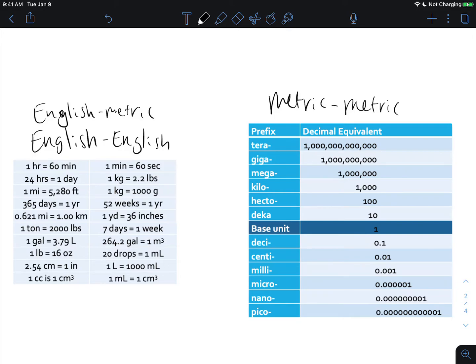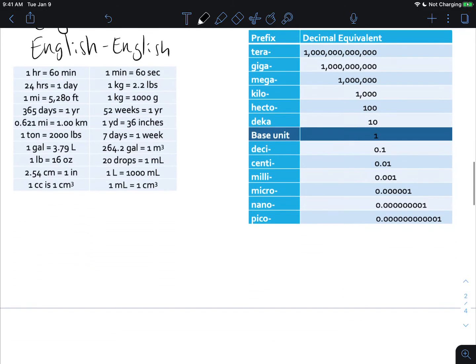It's pretty easy. Let's try a metric conversion, 9474 millimeters. And we want to go into centimeters. So we look, this is a metric table. Here is centi, here is milli. So we would say,